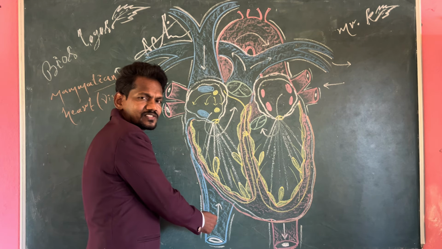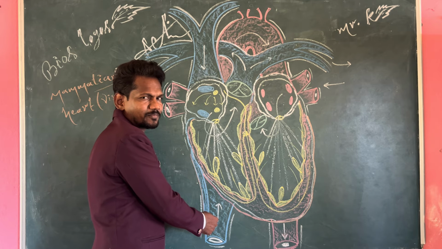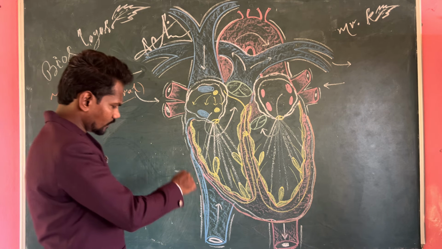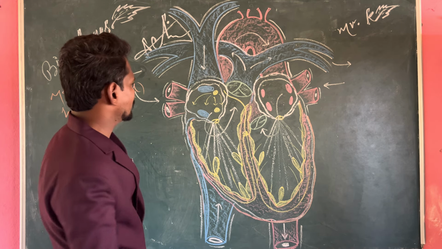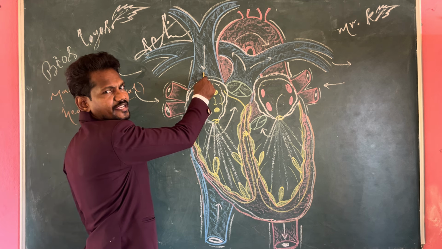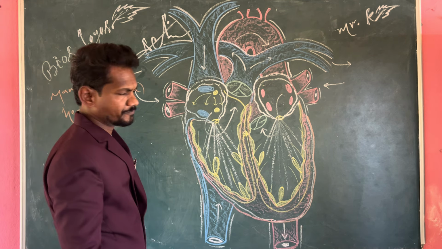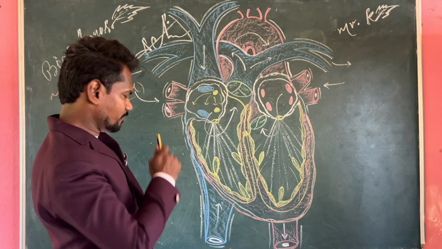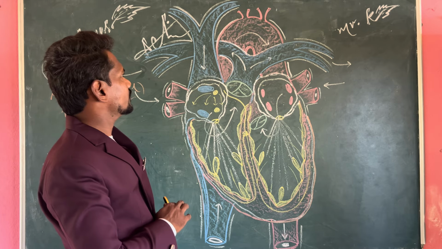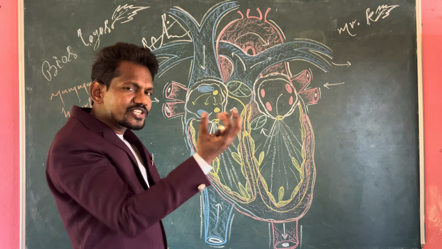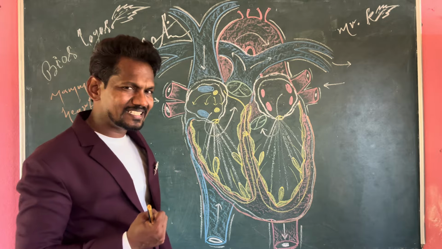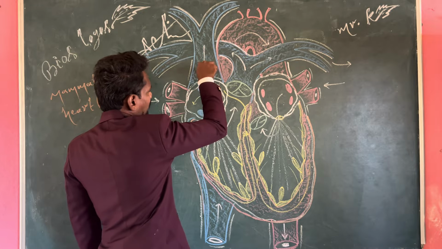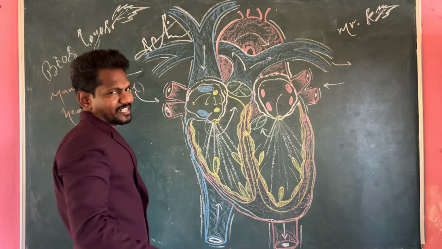Then 2 large blood vessels are connected to the heart. This one is known as the inferior vena cava. It is the largest vein, also called the post-caval vein. And this one, the superior vena cava, is one more largest vein, also named the pre-caval vein. Pre-caval vein, post-caval vein. Both of these largest veins collect or receive carbon dioxide rich blood from the human body. This one receives from the head parts, and this one from the remaining parts